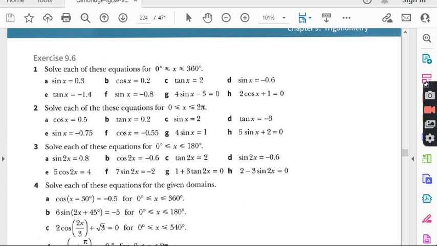Students, in the last lecture we did question number 2 from exercise 9.6 and the topic of this exercise is solving trigonometric equations. What I told you, solving trigonometric equations means we have to find the values of angles under the given domain. So before I start question number 3, I would suggest all those students